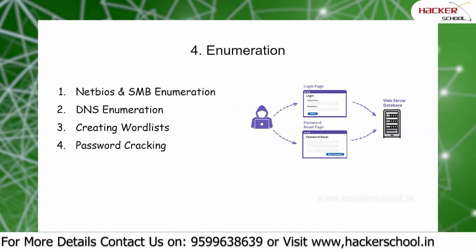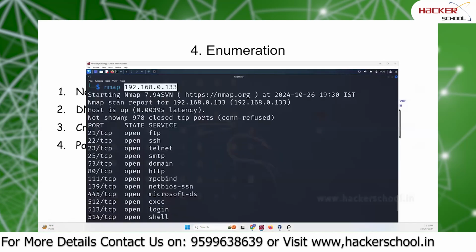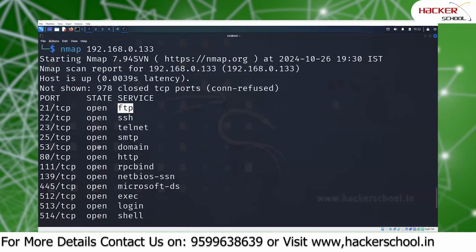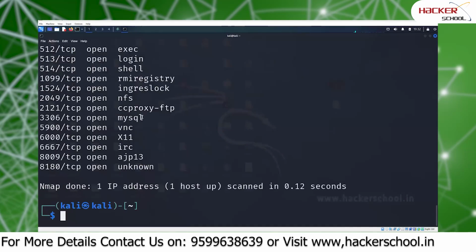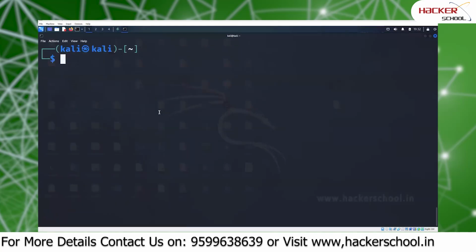You will try to connect to those services itself. For example, here you identified that there is an open FTP service. Now you'll try to connect to that FTP service. For every server device, there will be a client. Without client, there is no server. Without server, there is no client. So to connect to FTP,